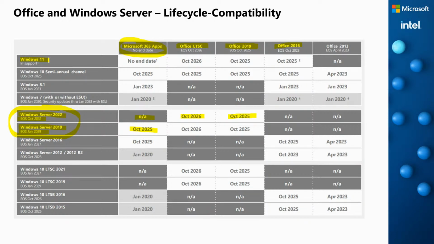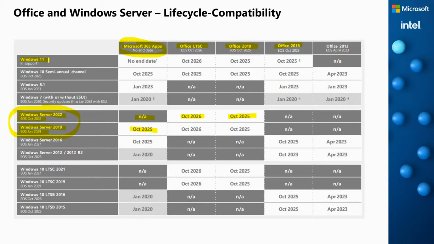But on the other hand, the customers are asking for it. The customers don't care about these life cycle things. They only say, oh, we have an RDS scenario. We want to run the Microsoft 365 apps there. And the first answer was that Microsoft said, okay, then you can license Office 2019 or 2021 LTSC. But the customer said, yeah, but we bought the Microsoft 365 licenses, or we have a subscription for the Microsoft 365 licenses. We don't want to have additional licensing costs.